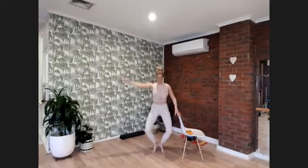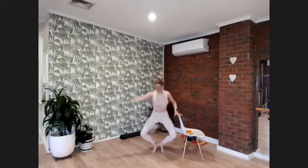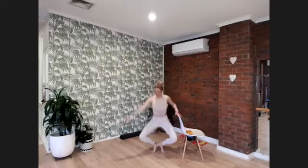8, 7, 6, 5, lifting. 4, squeezing. 3, and 2, and 1. Find a single plie, down, up, just a demi. It's a half bend. Inner thigh squeezing tight at the top for 8,